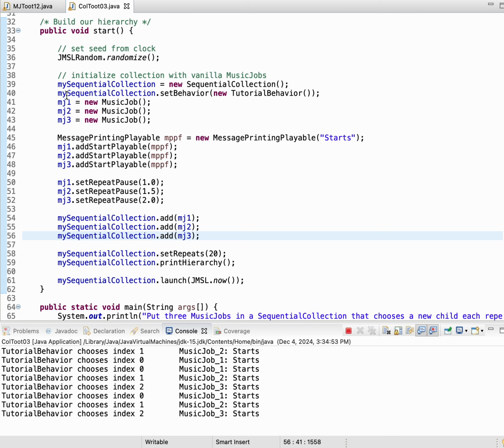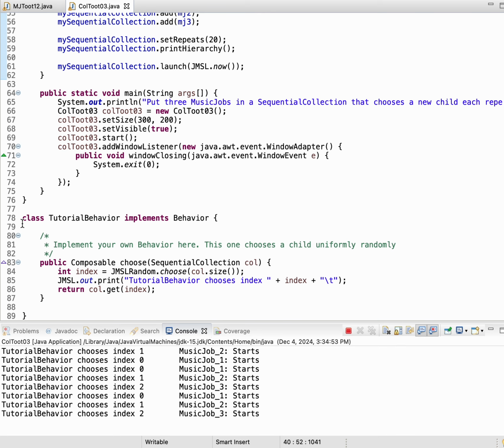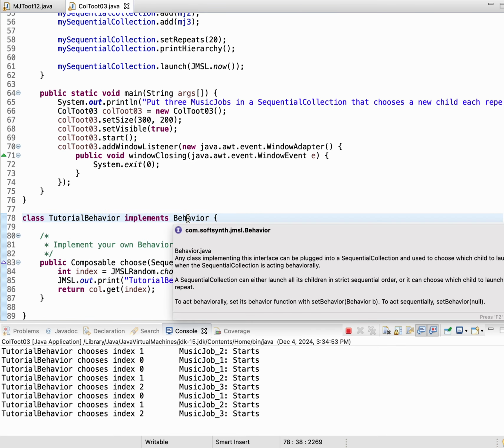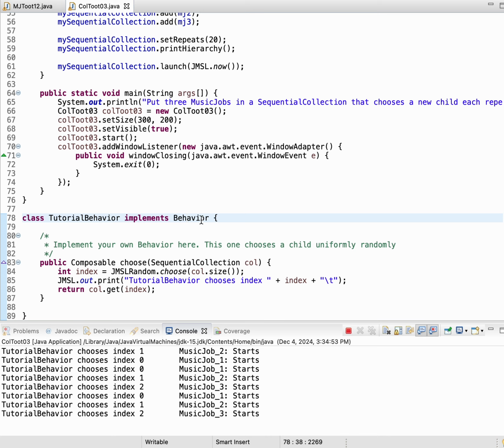However, what I skipped over is this cool thing where you can tell the sequential collection to set its behavior to, in this case, a class called tutorial behavior. What is that? That's defined down here. The tutorial behavior implements the behavior interface, and in order to be a behavior, you simply have to define this